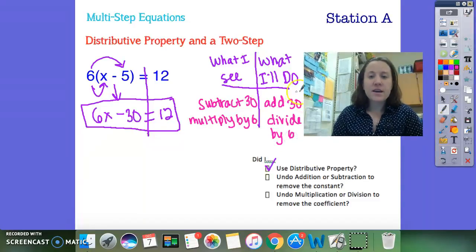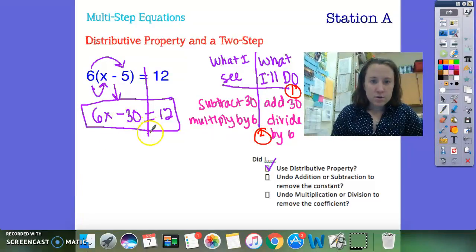The first thing I'll take care of is the undoing addition or subtraction. That's first on my checklist. So that's the add 30. And the second is the divide by 6. So if I add 30 to each side,